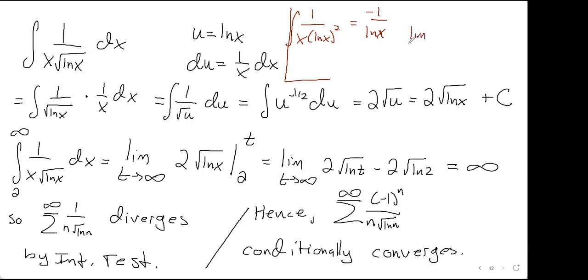You take the limit as t goes to infinity, -1 over the natural log of t plus 1 over the natural log of 2. And then in this case, the natural log of t going infinite means this is 0, and then you're left with a number. Okay, thank you. So it'll be like that if it's not going to infinity. Yeah, the